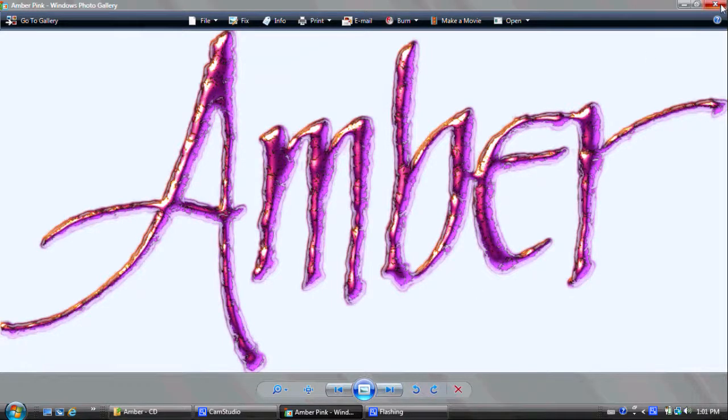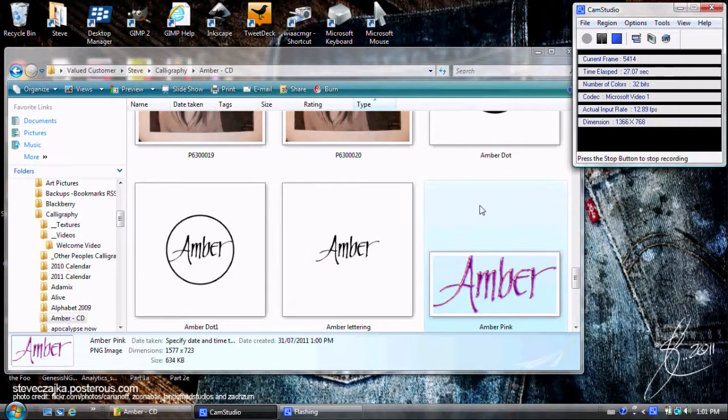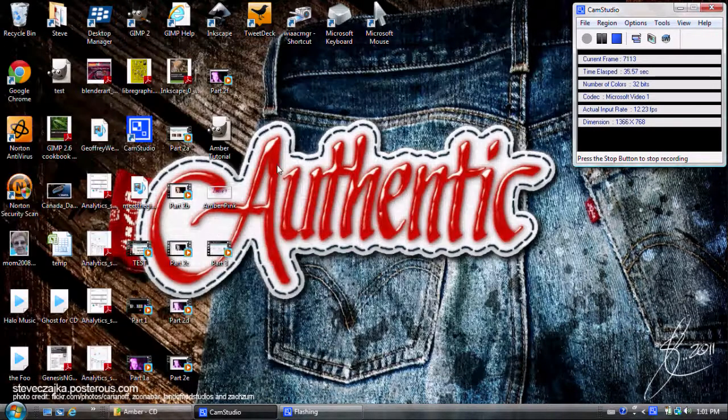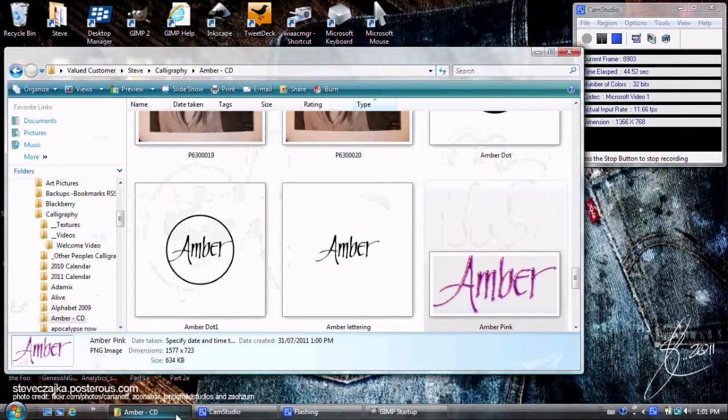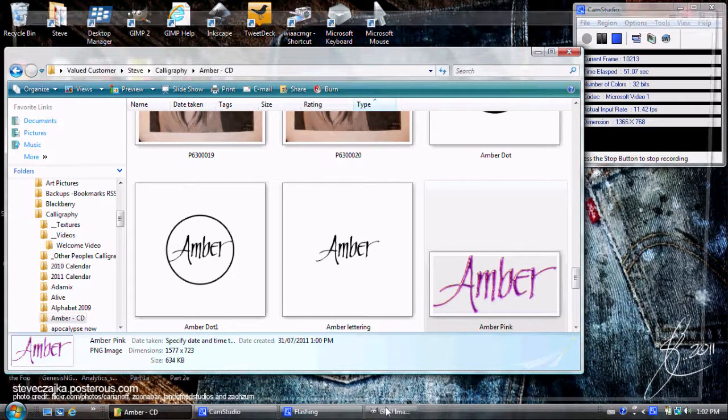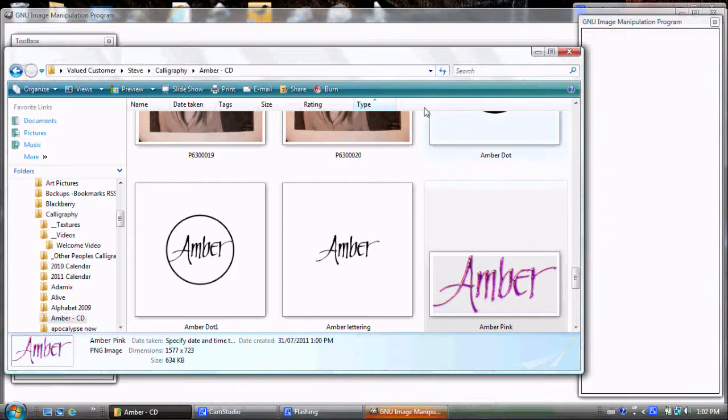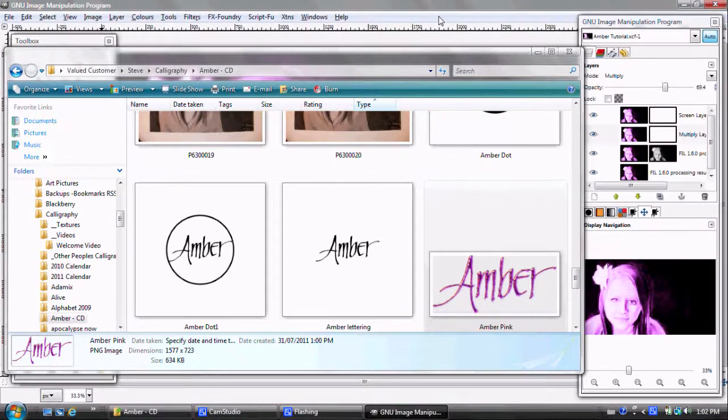So I'm going to close this off, and I park this back in the project folder that I'm working on. And what I'm going to do is go to the main image here, which is the Amber tutorial. I'm going to load that back up in GIMP. And I'm also going to go back to this folder, and I'm going to show you how easy it is to incorporate the two together. There we go. It's opening up GIMP,